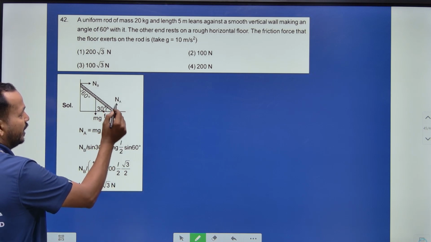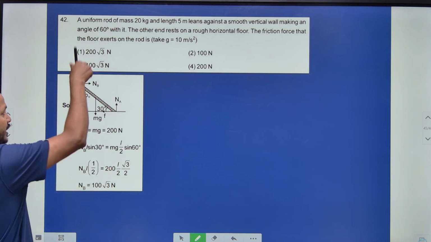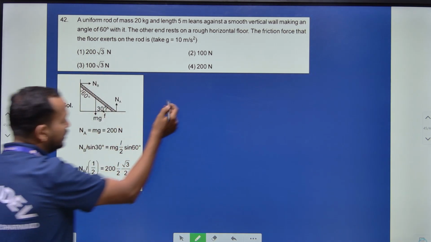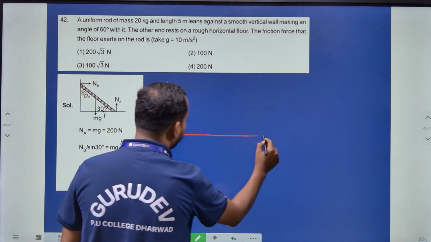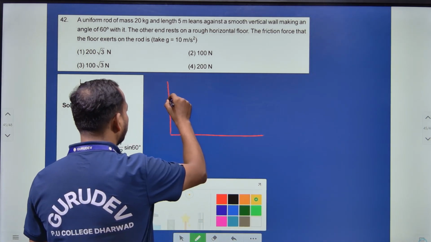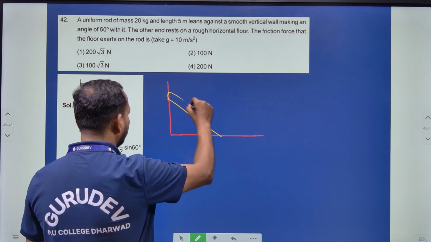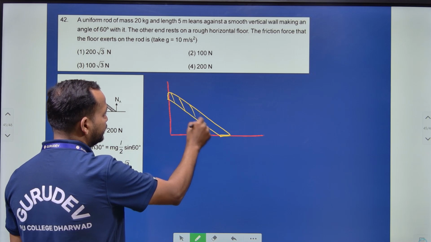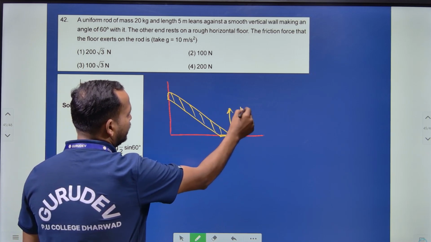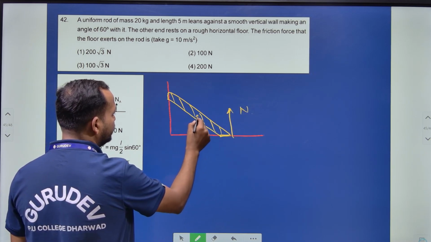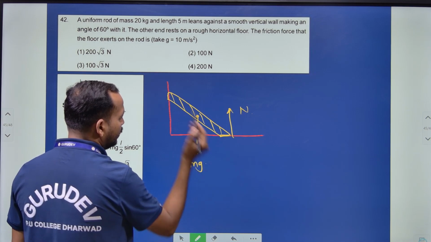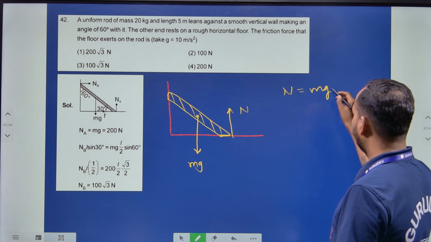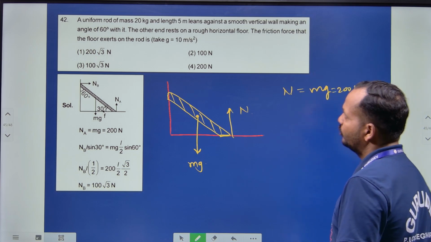रहा है यहाँ पे वो ऊपर है, और यहाँ पे स्मूथ सरफेस होने की वजह से नीचे की तरफ कोई फोर्स नहीं होता, तो यहाँ हॉरिजॉन्टल फोर्स लगेगा, वो है NB। इसी डायग्राम को मैं थोड़ा ऐसे निकालूंगा, ठीक है। जो ये रॉड है, यहाँ नॉर्मल रिएक्शन पड़ रहा है, और यहाँ पे mg नीचे की तरफ एक्ट कर रहा है। तो आपको यहाँ पे N इज इक्वल टू क्या हुआ? mg हुआ, ठीक है।